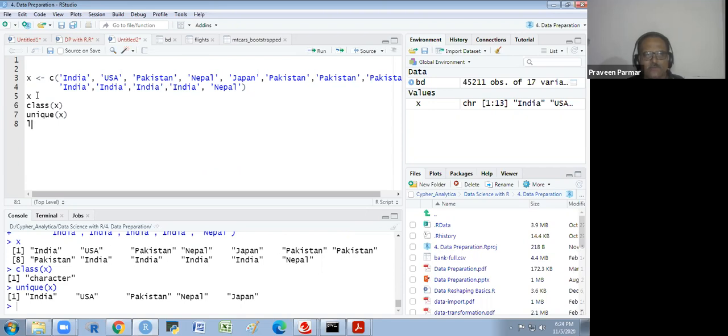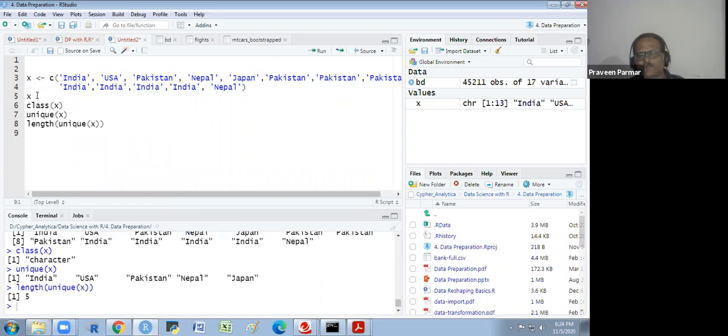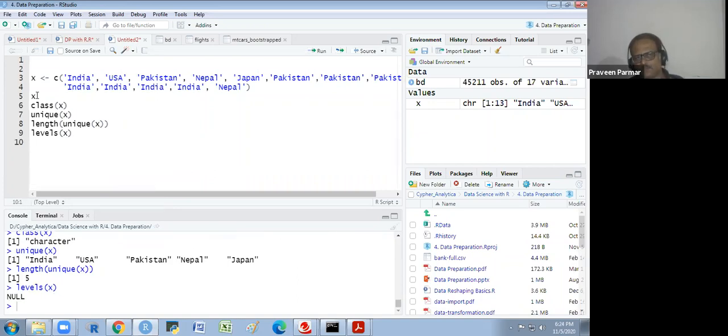If I see the length of the unique values, five unique values I am getting here. If I ask about the levels, it will not show me the levels because it is not a factor. It is a character, it is a vector.